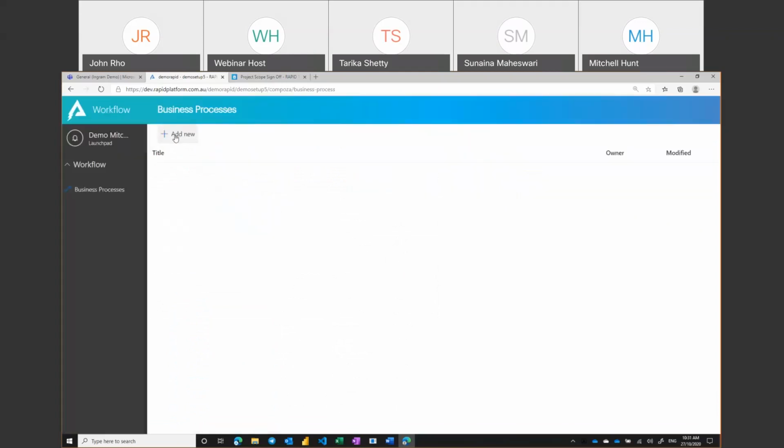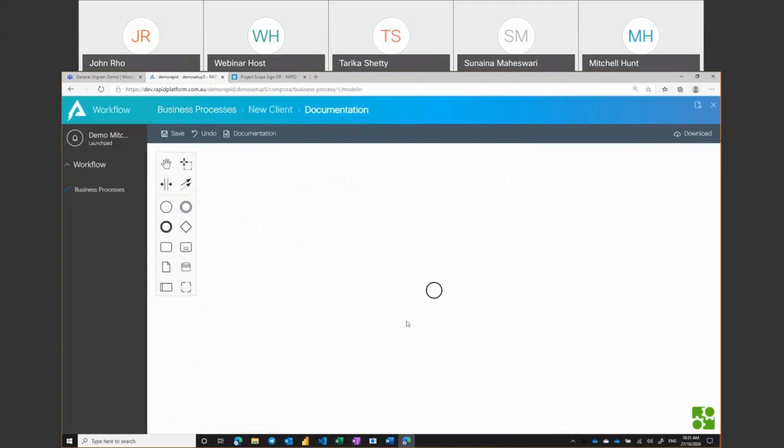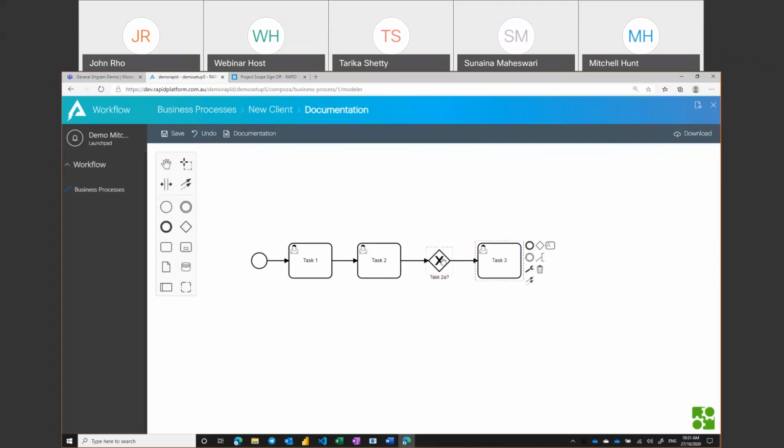So data is just one component to any system. Workflow is another big component. And what we thought is people are visual people. We've found from our experience that people like looking at things from a visual point of view. So coming up with a standard like BPMN 2.0 that we've got here, and being able to write stuff down really gives us a good way to be able to communicate what those particular processes are,